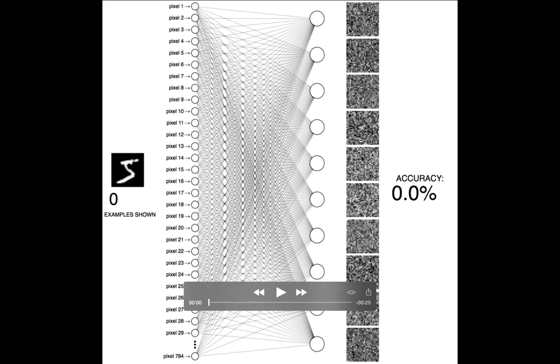What these are is the weights themselves. We're visualizing the weights of this network, and each of these boxes is associated with each output neuron. So let's look at this one right here. Remember, there are 784 weights connecting to it. It looks like there's a lot less because we've skipped most of them, but there's 784, one for each pixel. So there's a weight for each pixel that goes into this neuron.